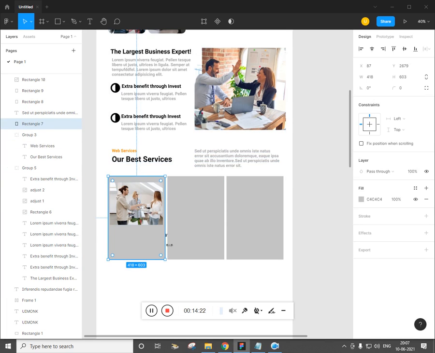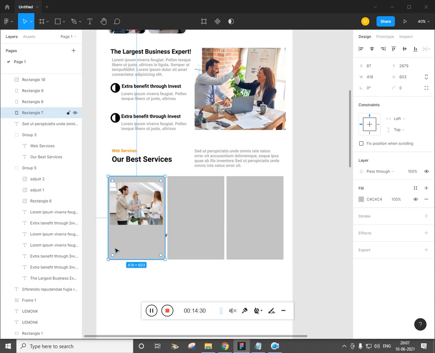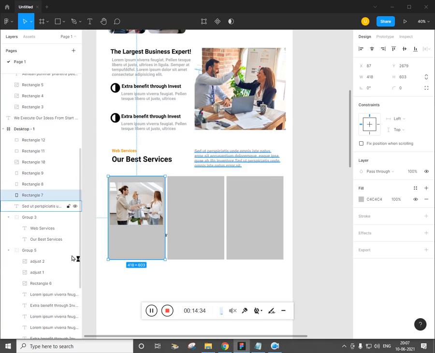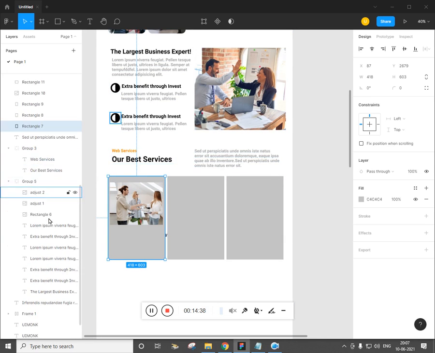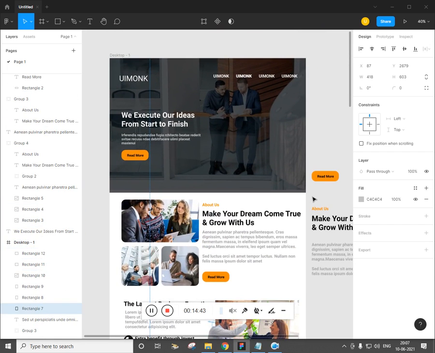So we could not find it. Alt control Z, here it is, and these guys are at the top. So what we can do is, actually we should have properly grouped it, or else we would be in trouble.